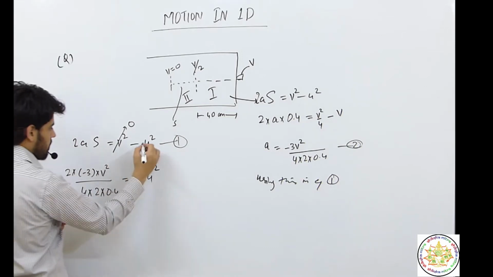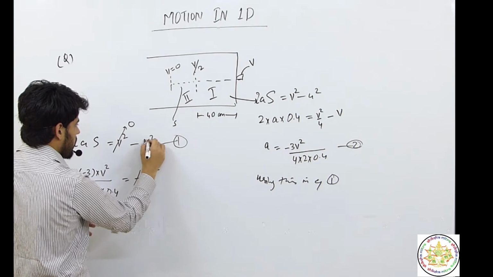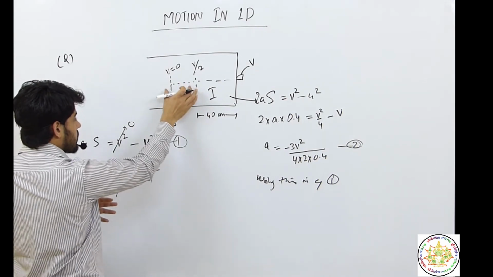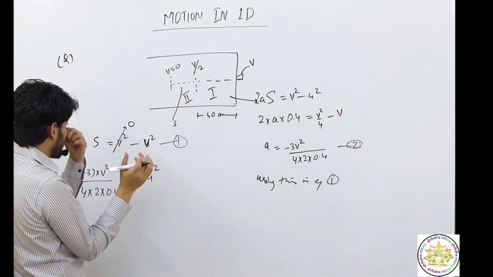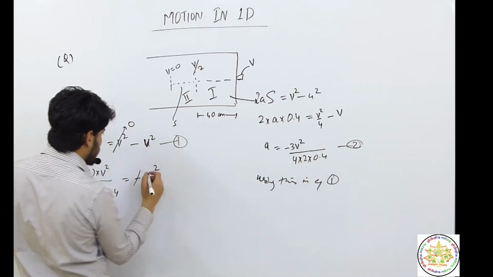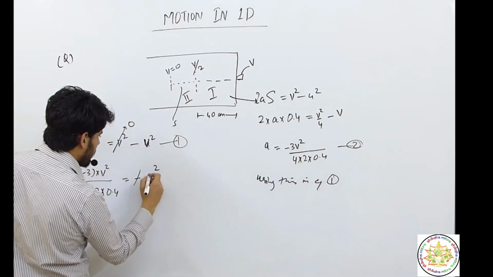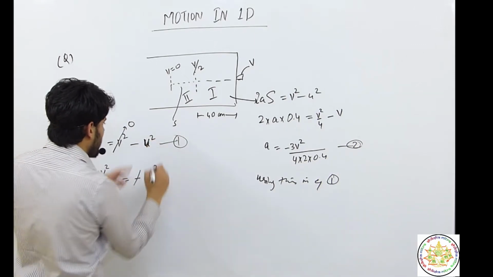It's the same. It's v, so we have taken u as v only. Because the initial velocity for this case, it's u, so we have to put this v square by 4, because that was u, and u for